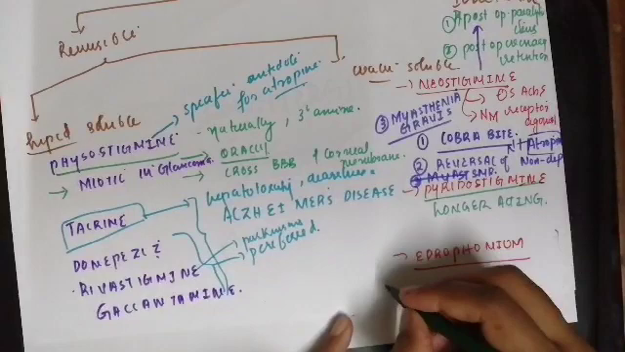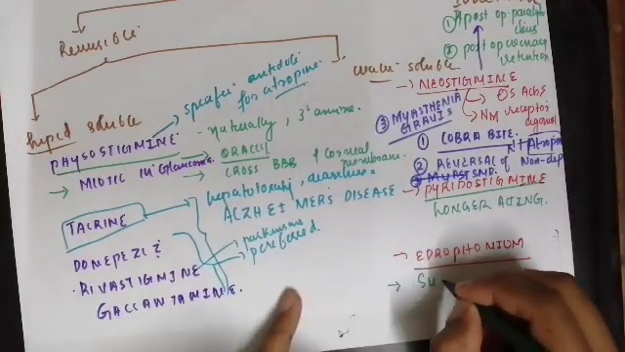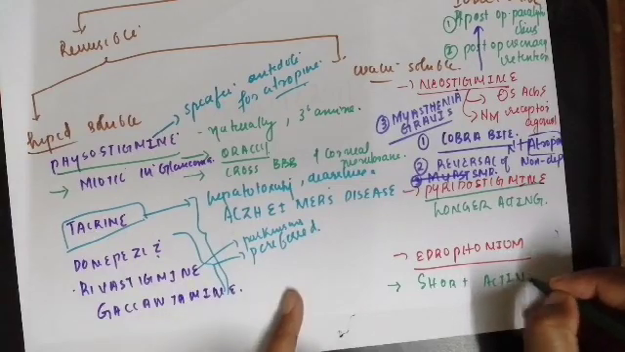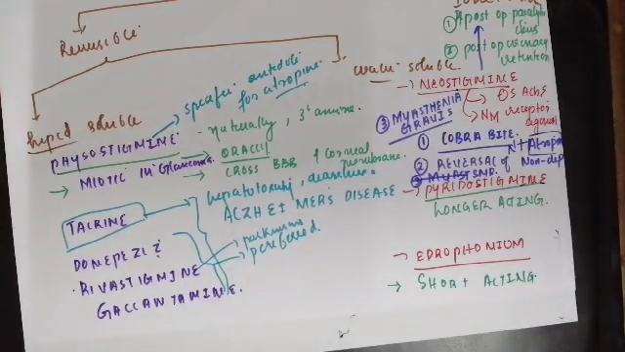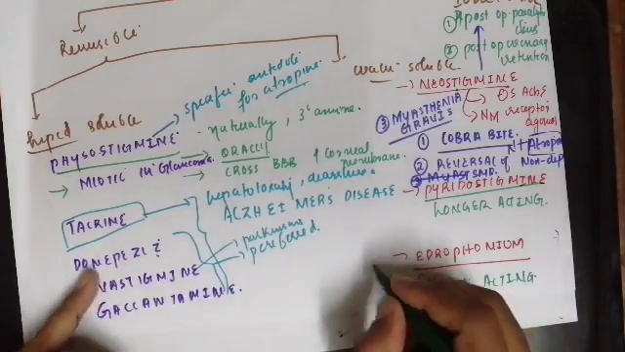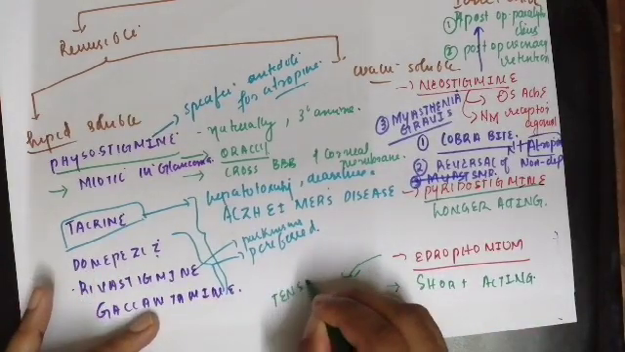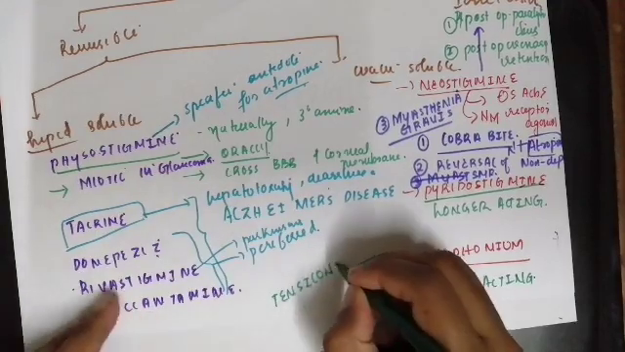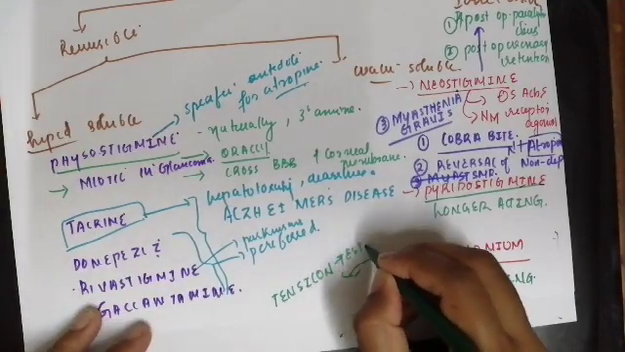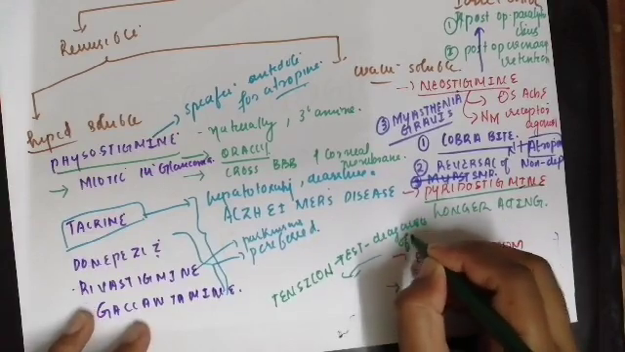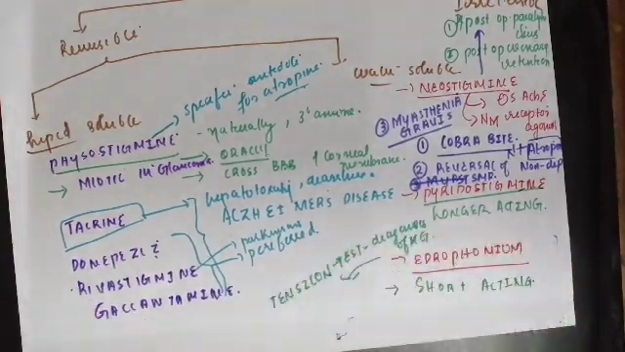And about the edrophonium, it is a short acting synthetic anticholinesterase drug, and it is useful for the diagnosis. The important use of edrophonium is in the Tensilon test for the diagnosis of myasthenia gravis. How this test is done is that we inject a 1 to 2 milligram IV dose of